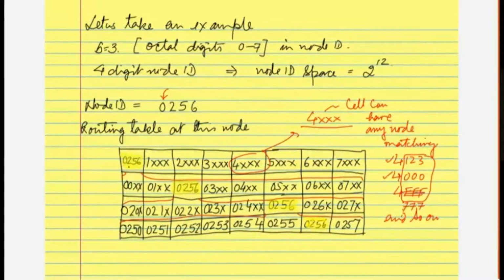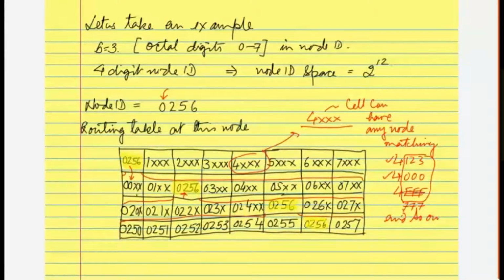Now come to the second column. So 0 remains as it is. I am now looking at the second digit. The second digit is 0, so this entry has to be maintained here, and then has to be XX. So 5 cannot come here. It can be anything. So 0256 I will be keeping at 2 at this place, because 02 matches with this. 00 is not matching with this, so it is XX. So anybody can come here.